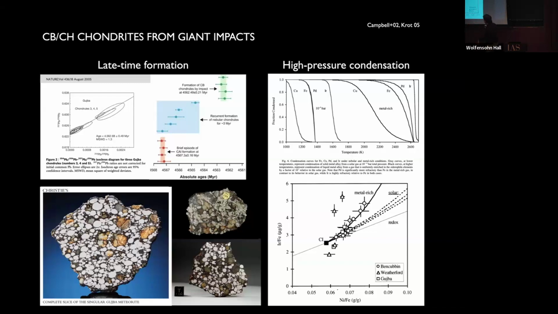Maybe the strongest line of evidence is from the elemental compositions. So to get the right ratios of iridium to iron to nickel, you can't do it with the solar composition gas. Okay, you don't reproduce these elemental abundances. So if you read the fine print, which I cannot because it's all blurred, it will say that you can get these elemental abundances if you condense a gas that is enriched by a factor of 10 to the 7 relative to solar metallicity. Talk about metal rich. Okay, this is what the cosmochemists give us, 10 to the 7. I mean, it's basically a pure metal, okay?